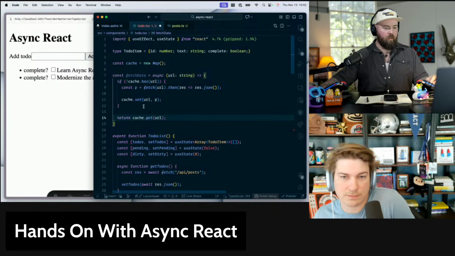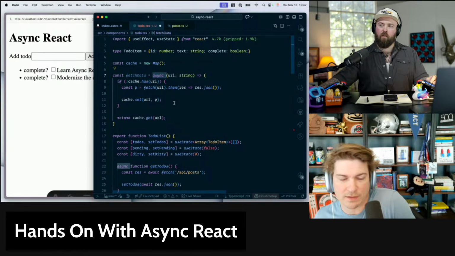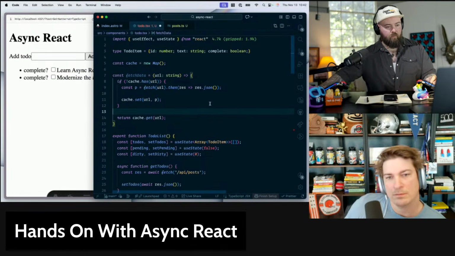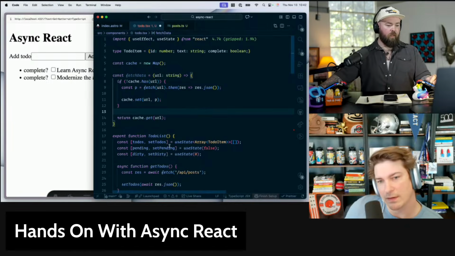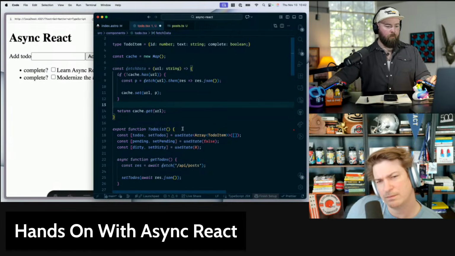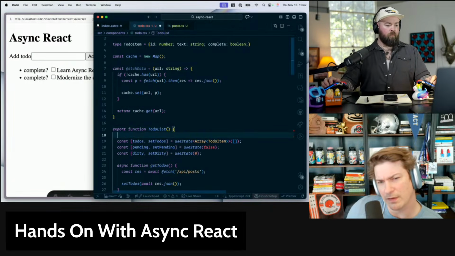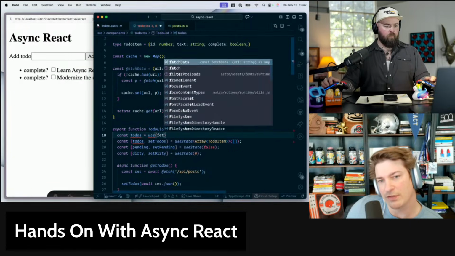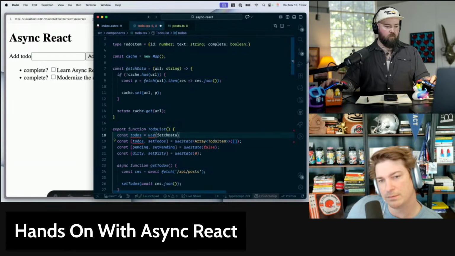Okay. All right. And now for our to-dos, so do I not want this to be async then? Correct. Okay. So now instead of storing our to-dos in state, we can just do const todos equals use fetchData with the URL.